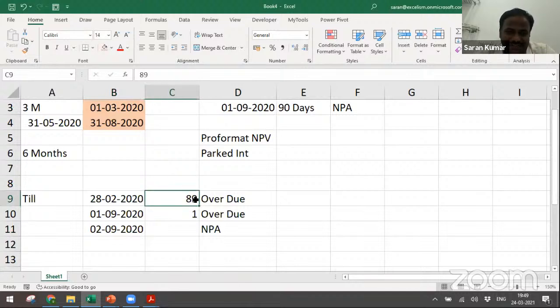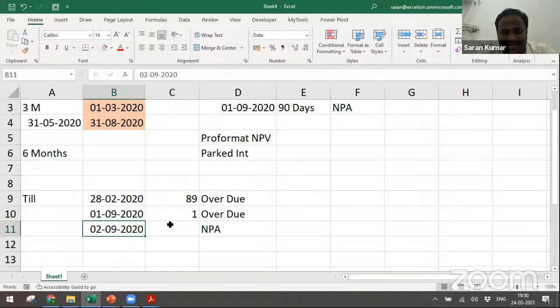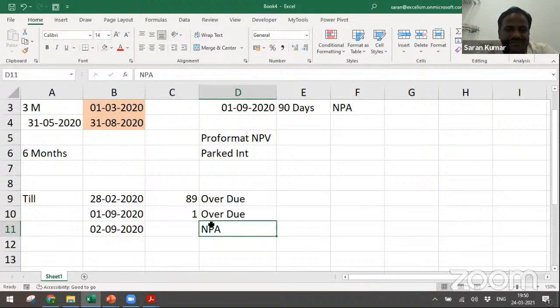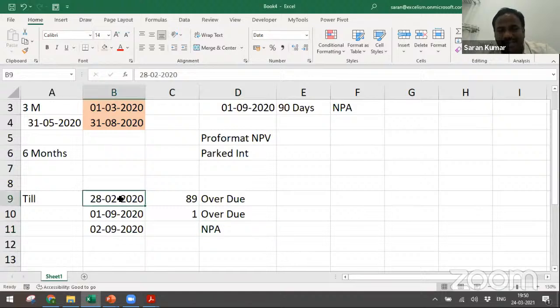When we calculate this, the 6 months is anyway not due because it has given a moratorium. Now 1st September 2020 again overdue. Now on 2nd September they must take this as an NPA. But when I spoke with the Indian Bank AGM today, he was not convinced with this. He said for all the accounts, don't take it as an NPA, that's what the interim order said. I said no. The interim order clearly mentioned that till 31st August, whatever standard accounts, don't make them an NPA until further order. Very simple. This is my interpretation.